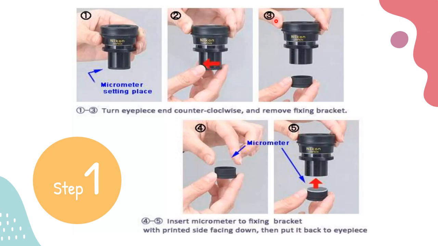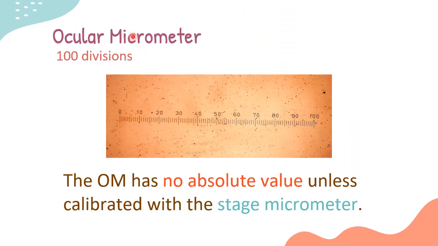In our activity, normally in the lab, we will not do this step anymore because the ocular micrometer is very fragile. It's a very thin disc. So the lab staff has already put it in for us, and it's already in the ocular of the microscope. Again, the ocular micrometer is a glass disc with a scale inscribed into it, usually with 100 divisions for the routine measurement of your samples. So remember this, 100 divisions of the ocular micrometer, because I might ask in the evaluation.